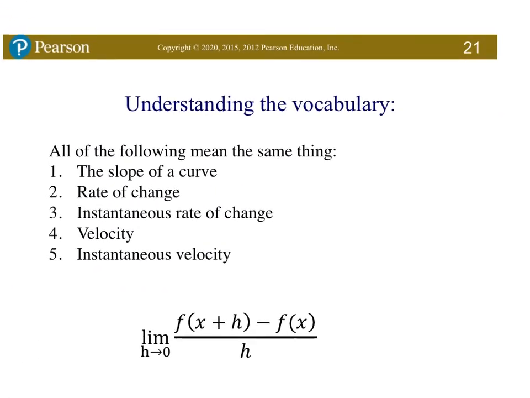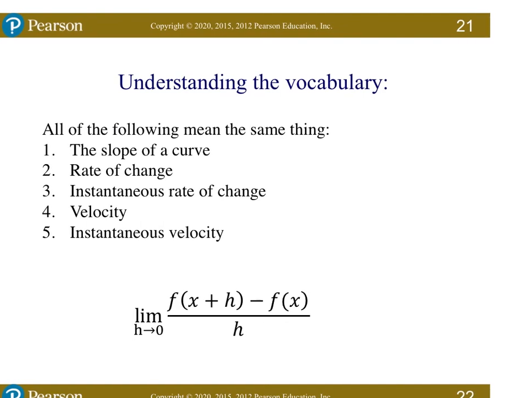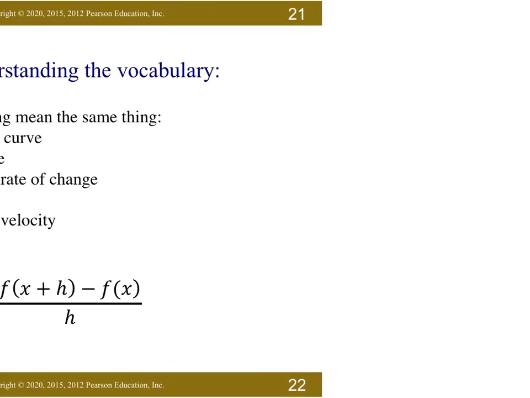So to summarize the whole lesson from 1.4, A, B, and C, there are 5 ways that you can refer to the following formula. The following formula is used to find the slope of a curve, to find the rate of change, to find the instantaneous rate of change, to find the velocity, to find the instantaneous velocity. All of those phrasings refer you back to the same formula. Only if you had the word average in there,